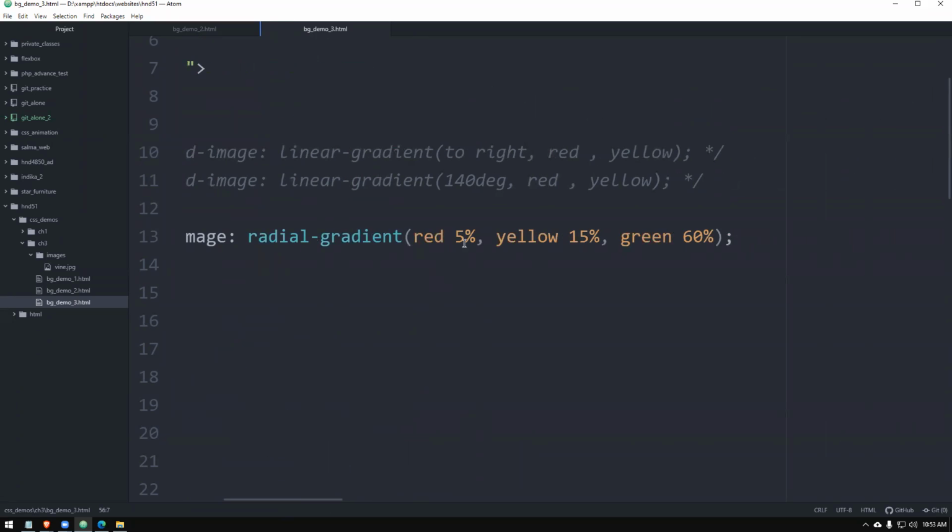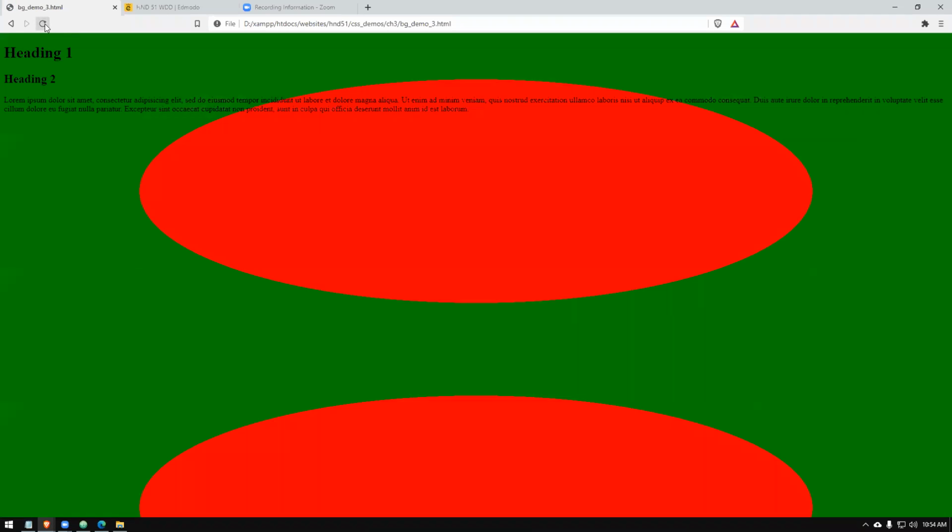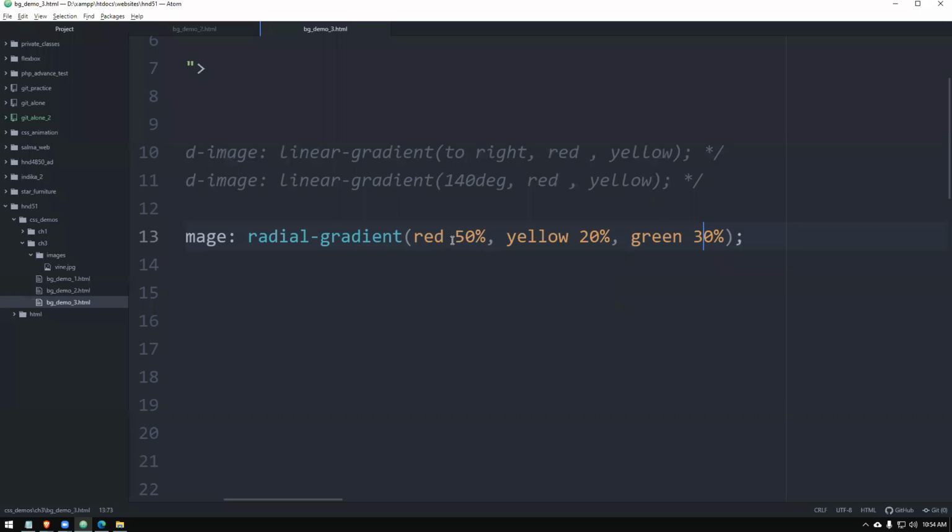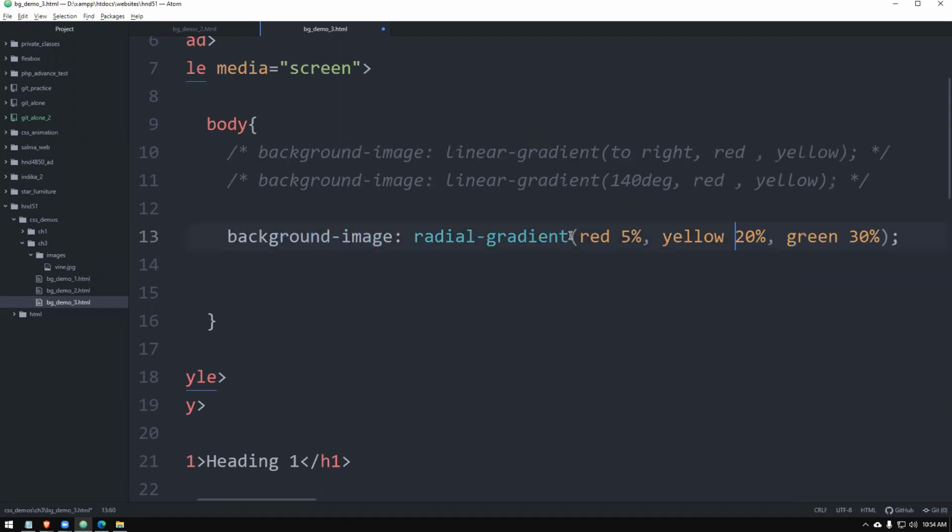Let's try this one. Red is 50%, yellow is 20%, green is 30%. So when you change those values, see, it's not that good, right? So I think this is the amount of mixing that we are giving, right? So 5%.